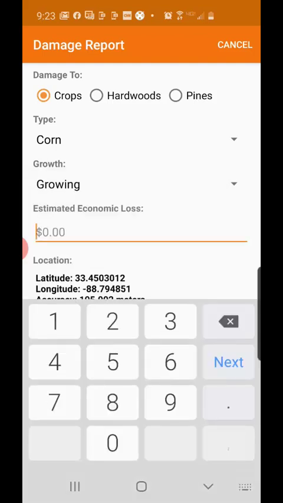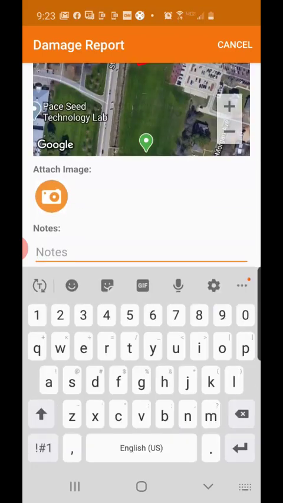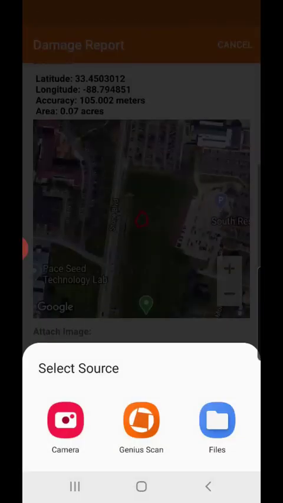And then this is the key spot where the user can put in the actual amount of economic damage they anticipate it's going to cost. If you want to drop some notes in there, you can. We recommend anything you want to add. And then the really cool feature is we'd like you to document this damage, where you can access your camera, take a picture if you want, or go to a picture you already took of the damage, hit OK,